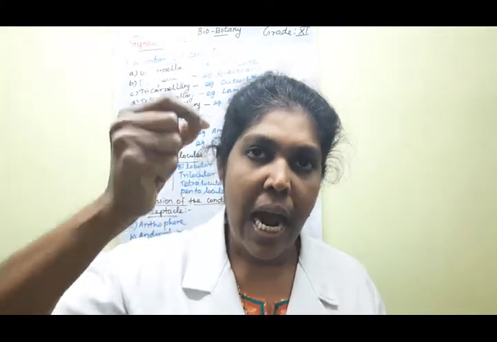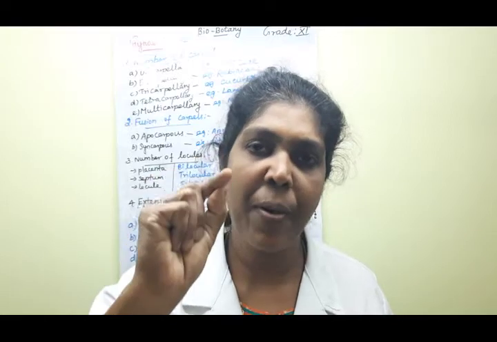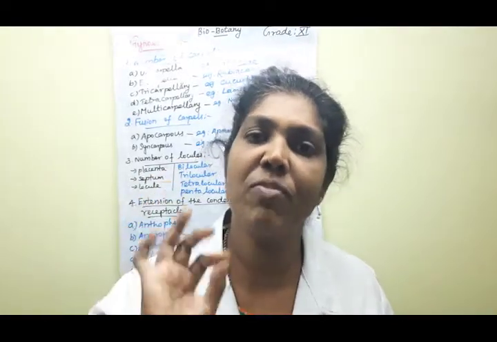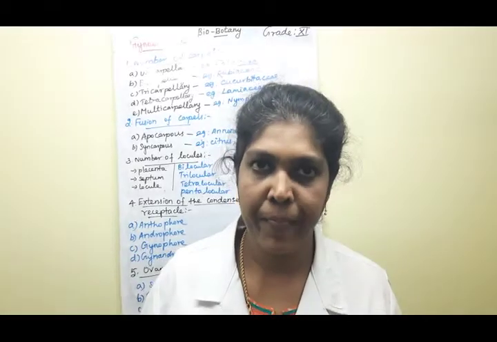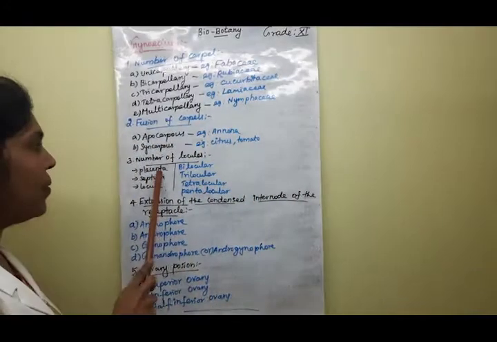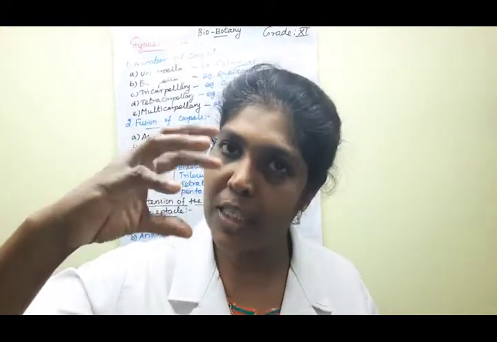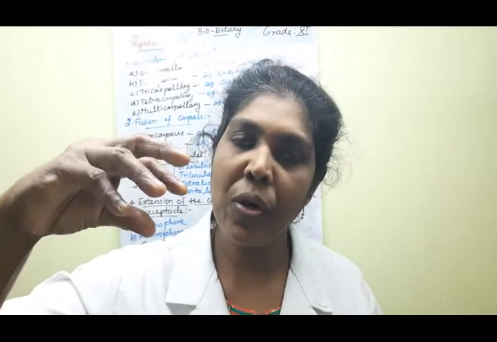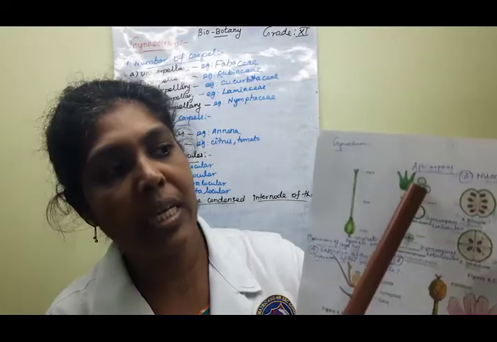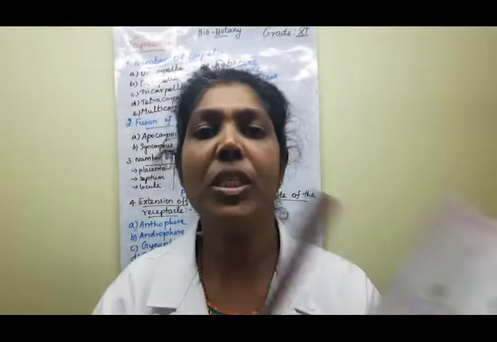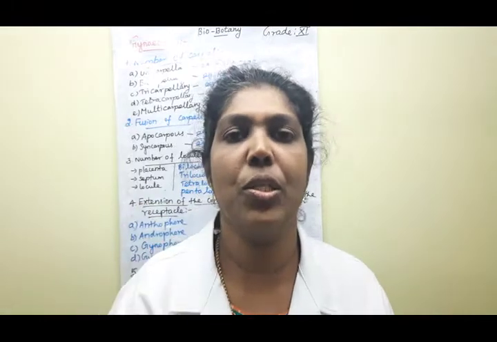The ovules are attached to one special type of tissue, children. That tissue is known as the placenta. Understood? First term, what do you mean by placenta? Placenta means the part of the ovary that bears the ovule. Here, this is the ovule, and this special type of tissue it is attached to is known as the placenta. Clear, children? Say yes or no?